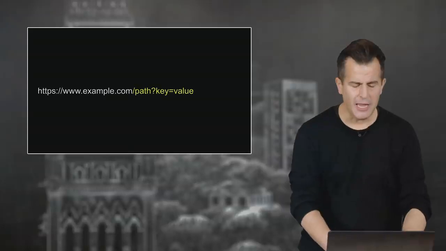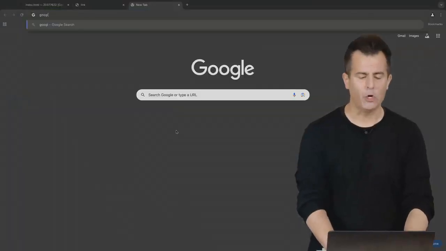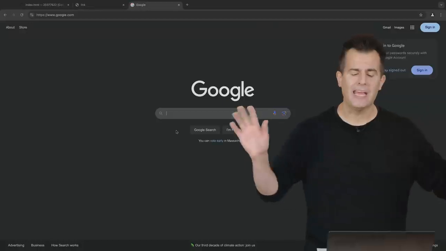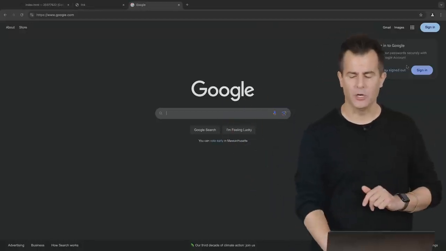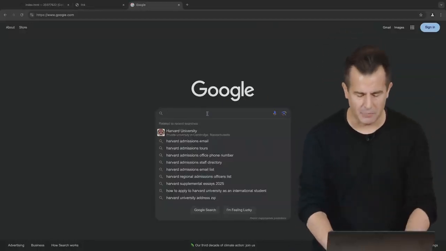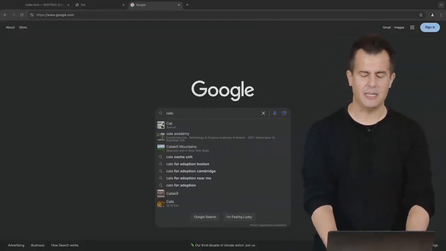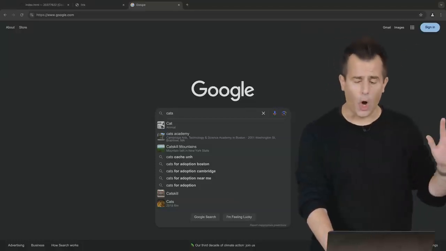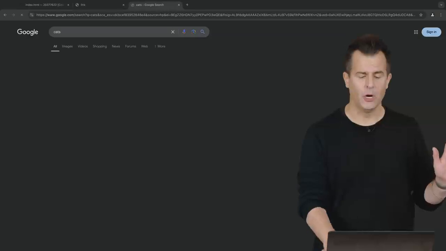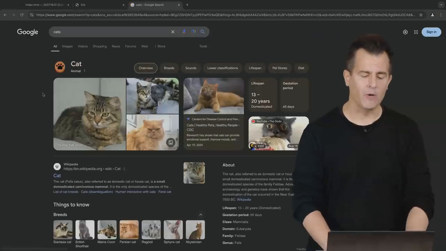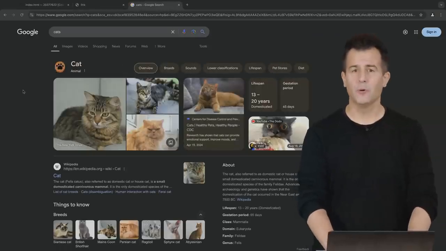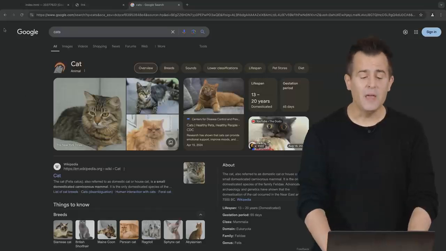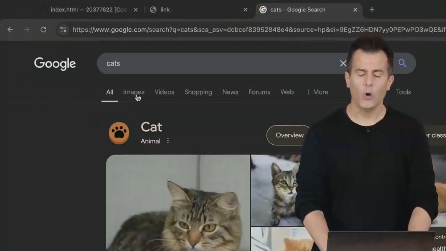So for instance, let me actually open up a brand new tab here. Let me go to google.com, just the main page that doesn't come with my browser. And I'm going to go ahead and type in something like cats, C-A-T. Now, ignoring the fact that there's a whole lot of autocomplete going on here, let me hit enter. And let me emphasize what my URL, we can be distracted for a moment by the cute cats on the top of the page. But let's then zoom in on the top of the page here, where we'll see a